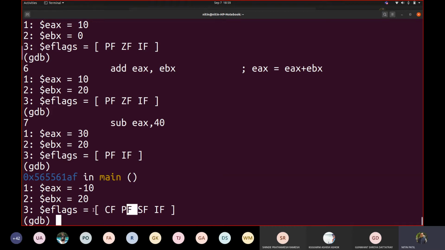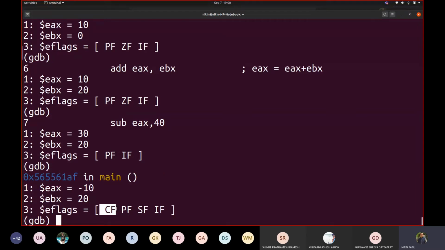So these all flags got affected. Carry flag was generated because when we subtracted, a borrow was created. When we talk about addition, we talk about carry; in subtraction, there is a borrow, correct? So that's why the carry flag got set and sign flag also came into picture, because the result was negative.